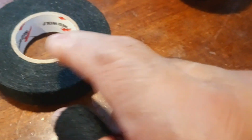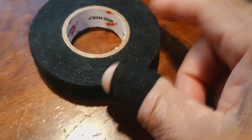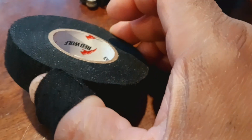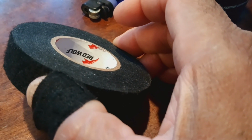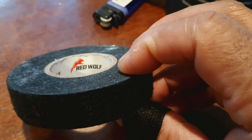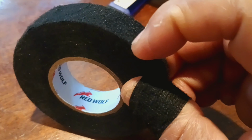Now I had already complimented the tape, but I didn't make no recommendation. I had already said that it was good. I just picked it out off the internet. I saw that the car had some original cloth tape on it, and some people use that plastic tape. 3M got some good plastic tape, that's for sure. But this Red Wolf tape, this cloth tape,